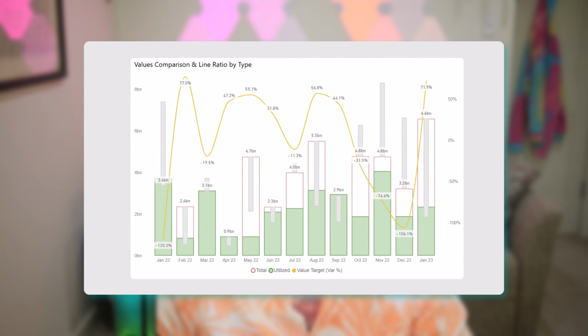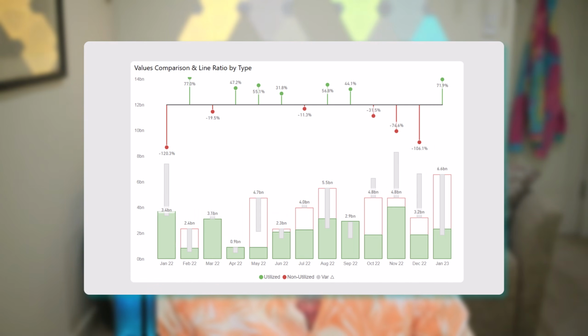So in front of us is essentially the base visual that I have, which is just a combo chart that shows a couple of values with some error bars in it and a percentage to show you how much above or below those error variances are. But as you can see, it's a little bit busy, not very clean, and there's a lot of showing data points. Now, the end result that I'll be having us build is something like this, where we've actually cleaned and